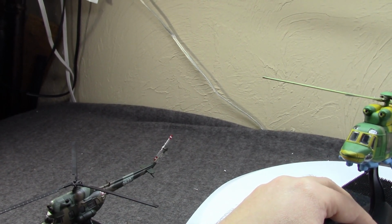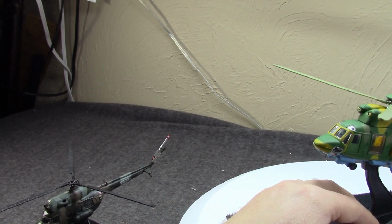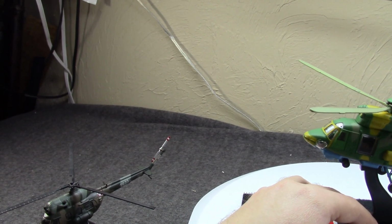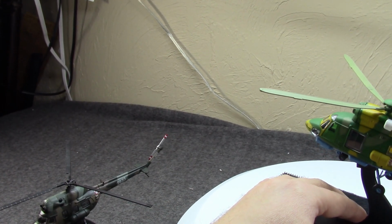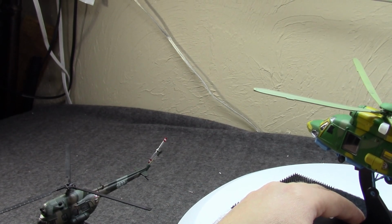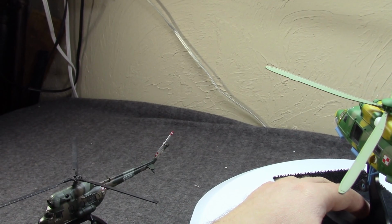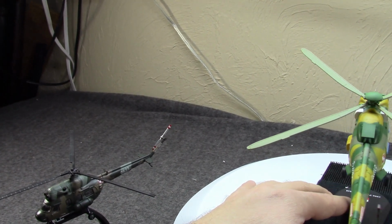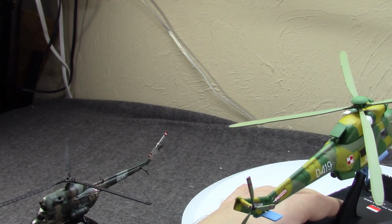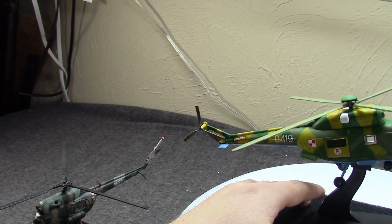And low-rate production was finally authorized and the assembly line set up in 1985, with the first examples being turned out in 1986. Like I said, it was designated as the W-3 Sokól Falcon. And yeah, it's just a bigger version. Pretty conventional helicopter, really, but